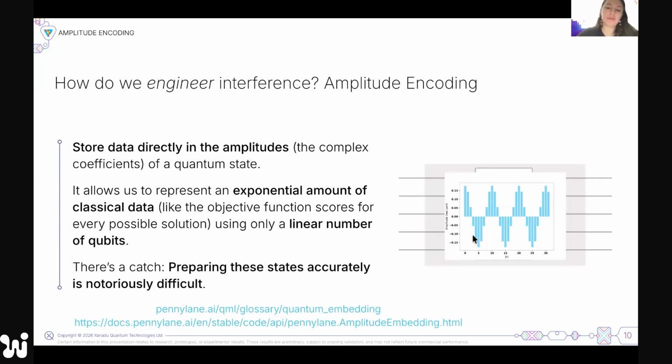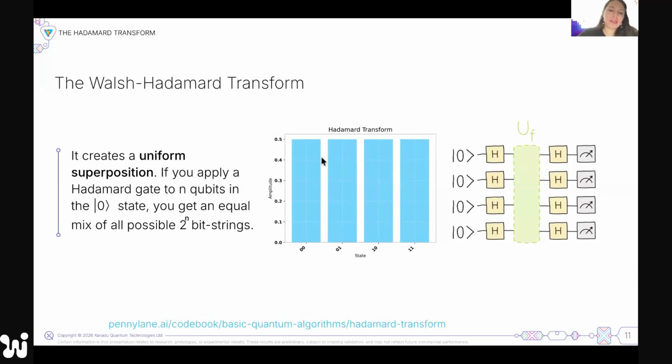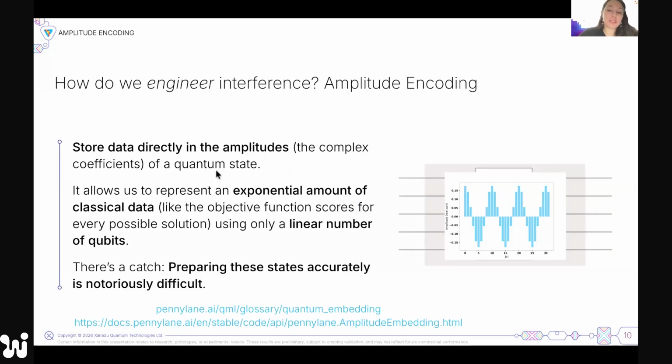So you're encoding a sine function in the amplitudes for each of these states. This is very hard to do. There are a lot of very inefficient processes to do that. So maybe we can work in the frequency domain. If I want to encode a sine function, maybe I don't need to encode all of these numbers, right? You can represent a sine function with maybe just one frequency.